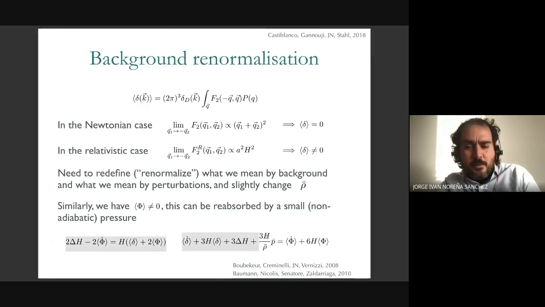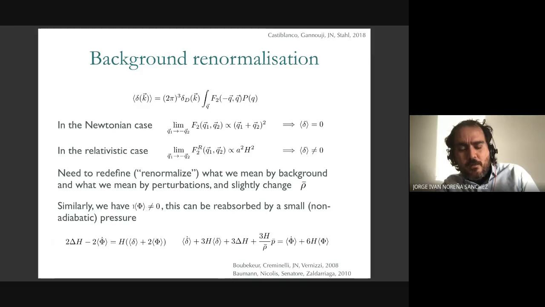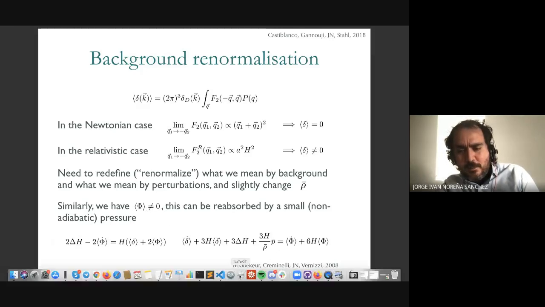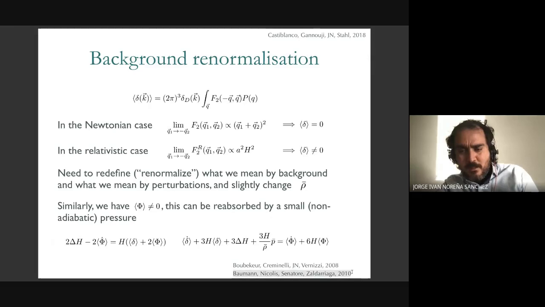It's very simple in other contexts. But in Newtonian gauge, you can do the same analysis as in the comoving gauge, and we get that the expectation value of the 0 component is different from 0. But you can renormalize this by including a small non-adiabatic pressure, which was first pointed out in this paper. This issue, that you get non-zero expectation values of gravitational potentials, was first noticed in this paper here. And of course, there's a large literature, even before this, that considered back reaction.